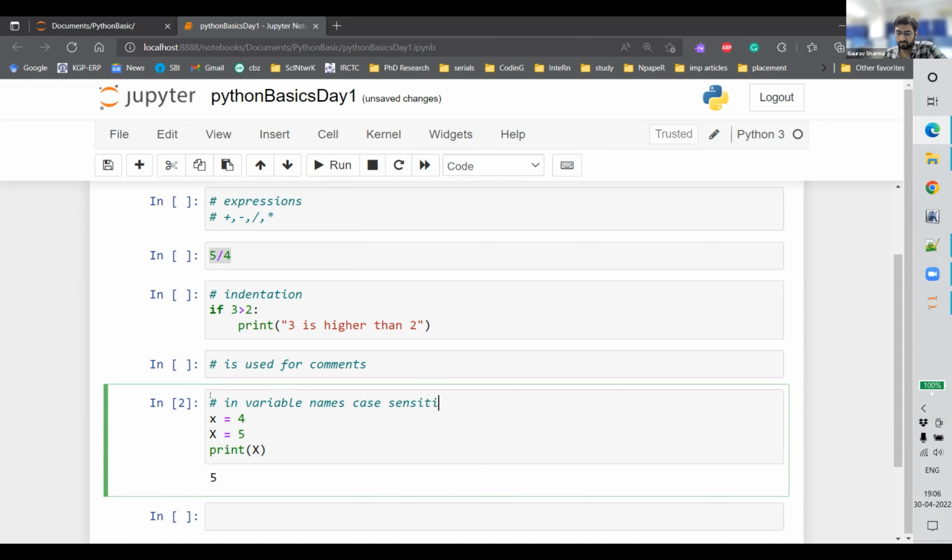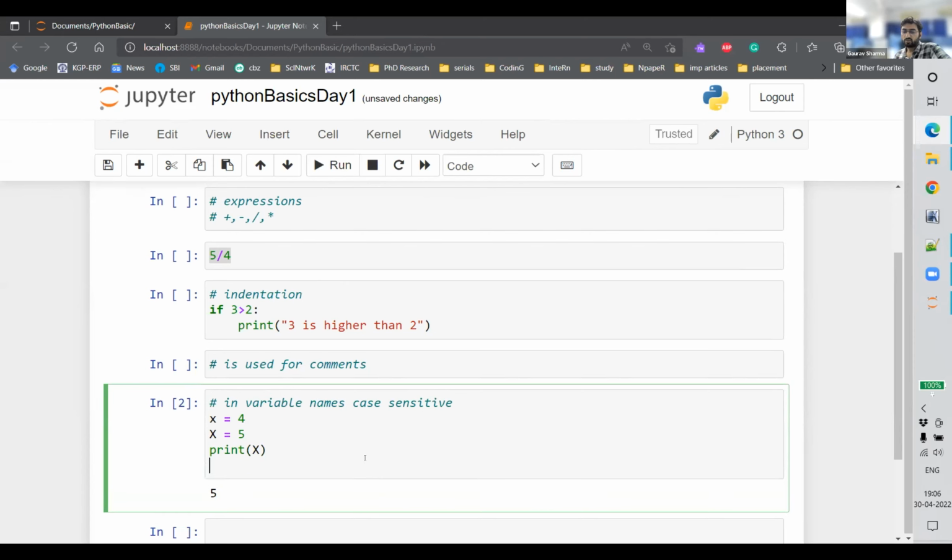Case sensitive, right? Simply. So you have to be very careful. And when you write variables, many times you will use some names which are very big. So you can use some particular structure. One structure which most people use is camel casing. In camel casing, if you want to say this is my variable name,